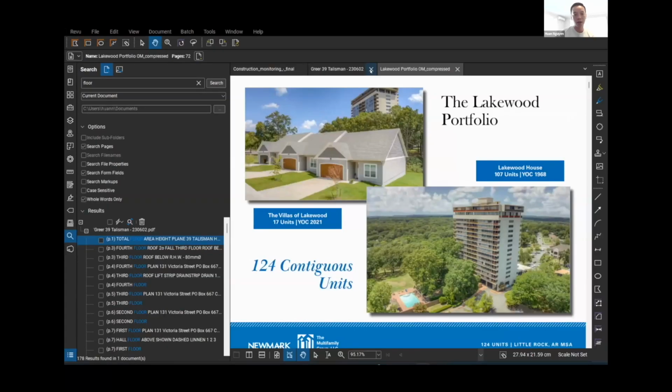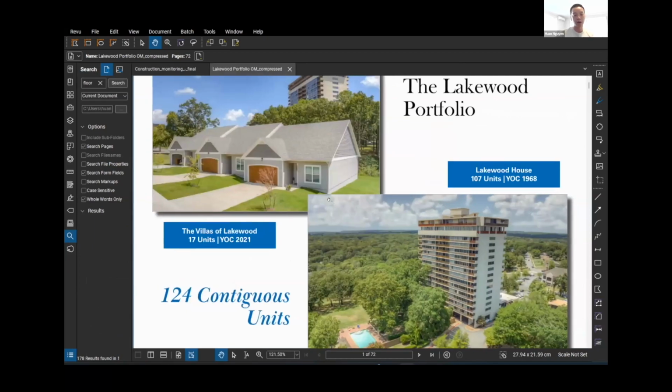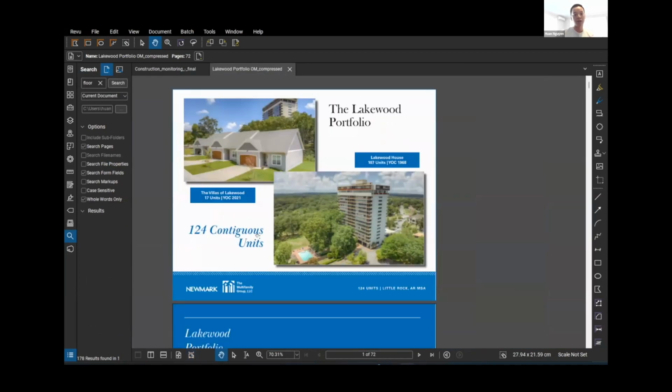So this one is kind of a unique deal. When Shirah asked me to go through and underwrite a deal, I figured this would be a good one simply because it's a portfolio of two very different properties in the same portfolio. You can see here in the pictures, one is a high-rise, a tower building that's 16 stories,